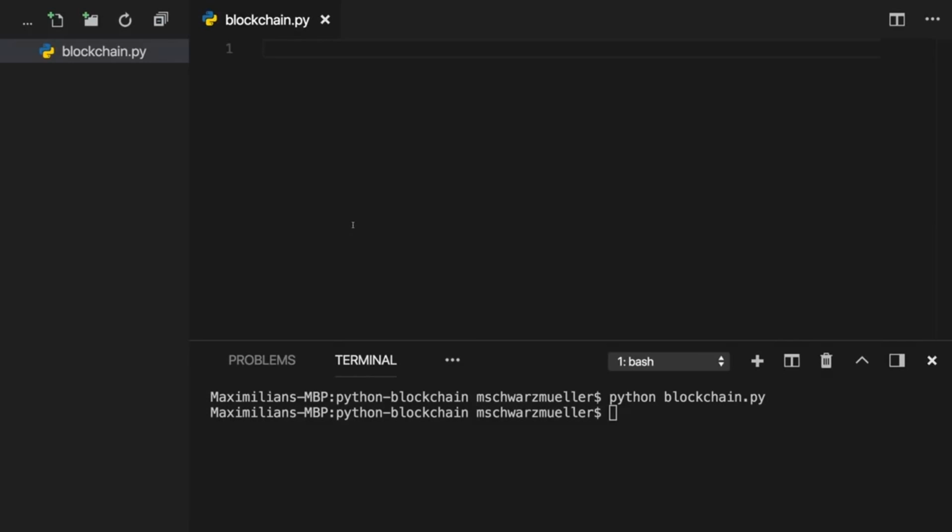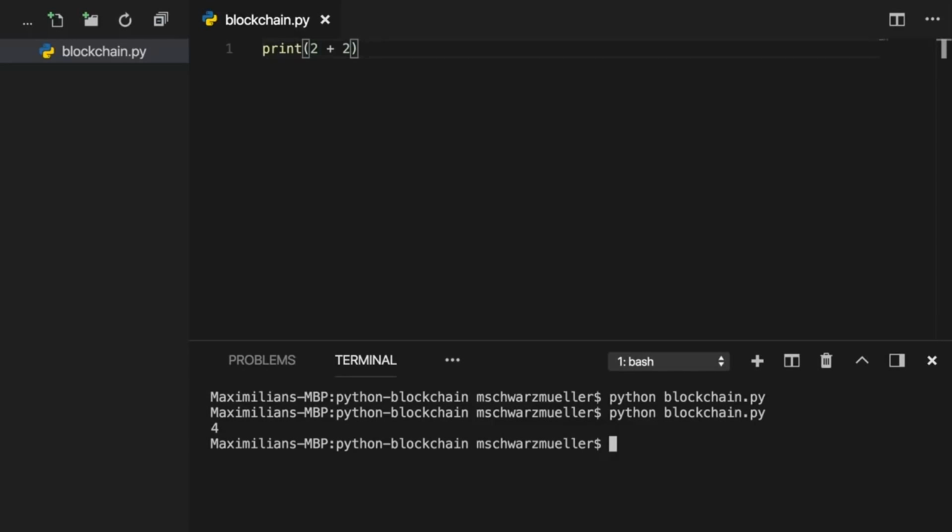But if I were to, for example, use print, a function which outputs something to the console, if you're not using the REPL, you'll have to explicitly tell Python to output something. So if you use print and you output 2 plus 2, for example, and you save the file, don't forget that, if you run the command again, you see 4 down here. So this is how we work with files and how we work with Visual Studio Code as our IDE. And with that, let's continue.